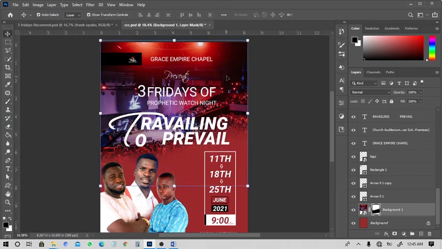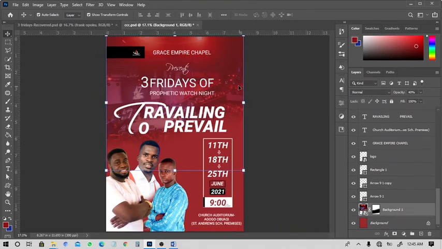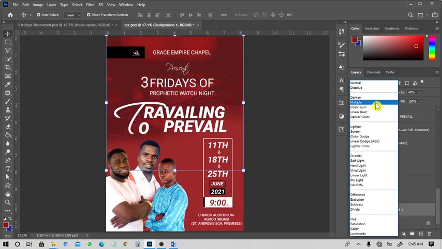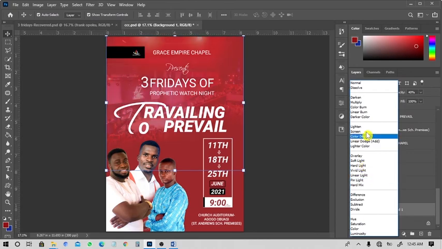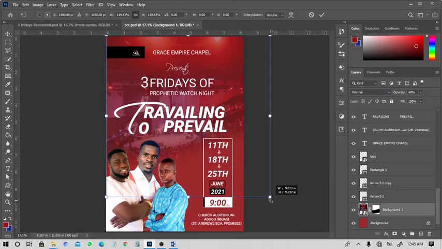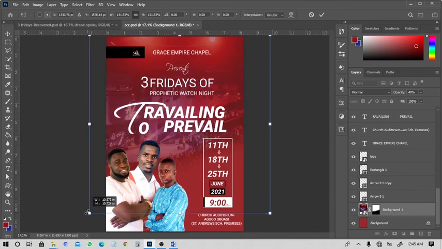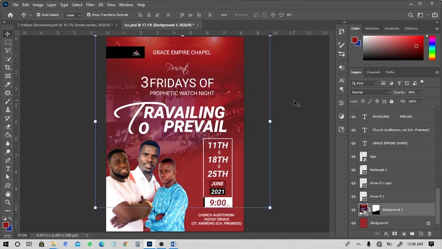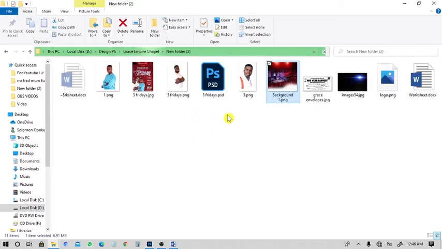Alright, then from here I'll reduce the opacity to 40% and you will get something like this, and you can also toggle with the blending mode to get any desire of your choice, but as for me I'll leave it at normal, and normal works perfectly fine for me, and I can increase the size of the background that we just added. Alright, so this is how you can design a church flyer, but